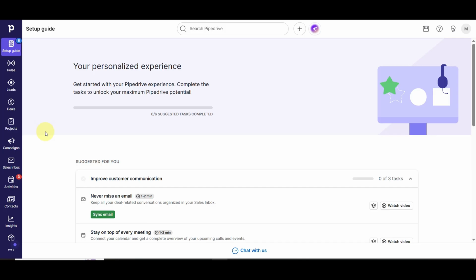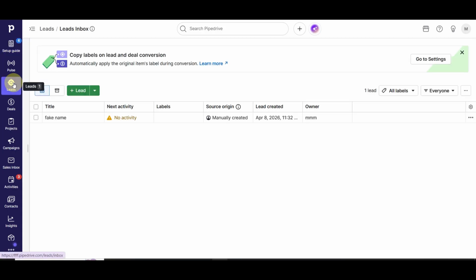Start by opening your Pipedrive workspace and navigating to the left-hand sidebar. Click on the Leads section. This will take you to your Leads inbox, which is where all incoming prospects are stored before they are converted